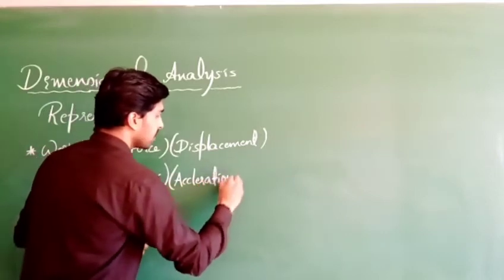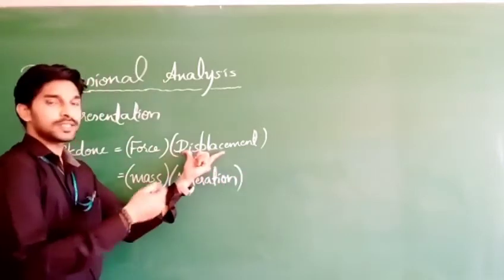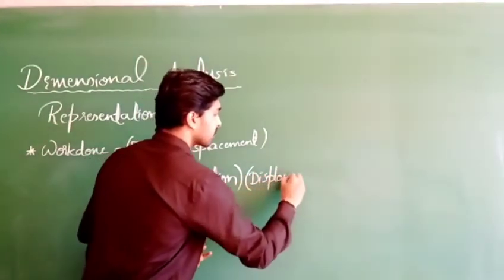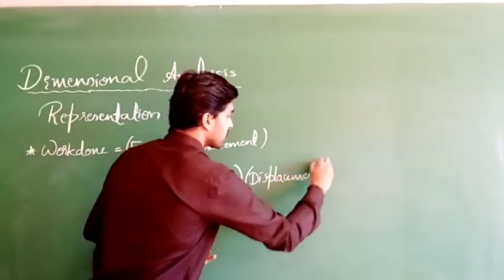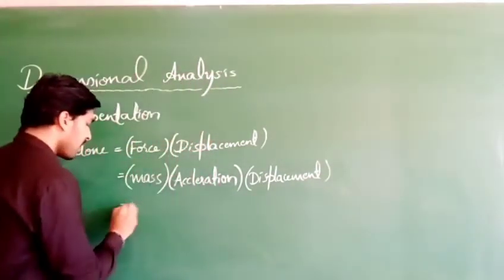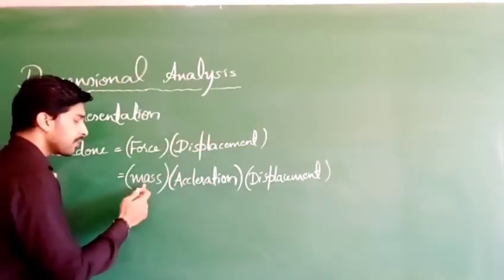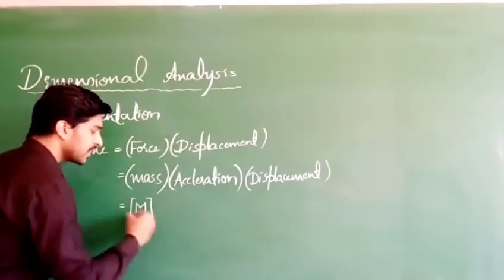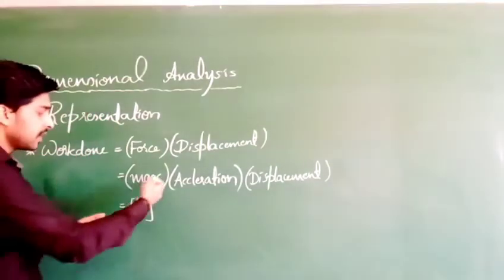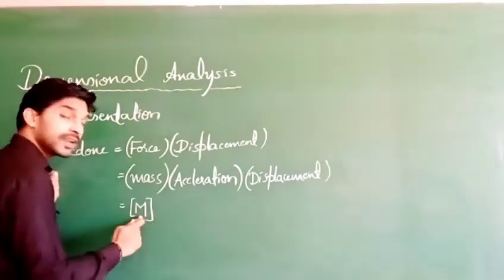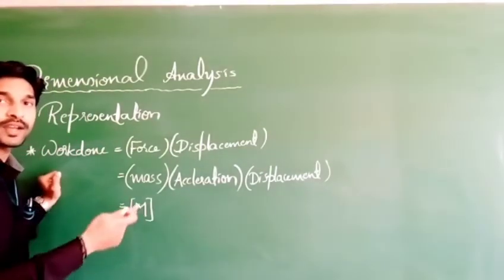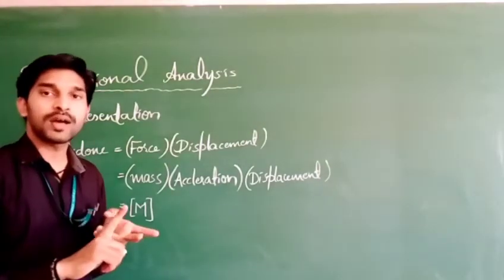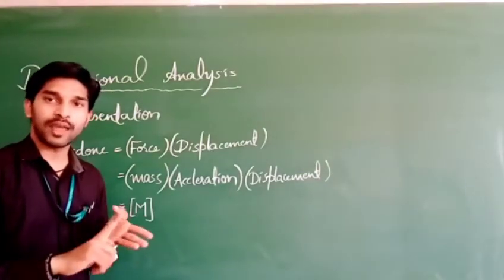Okay. Then displacement is nothing but, we can write it as it is, displacement. Clear? For mass, remember the dimensional formula, we are going to indicate m. For length we will be indicating L. For time, we will be indicating capital T. For length, capital L. For mass, capital M. For time, capital T.